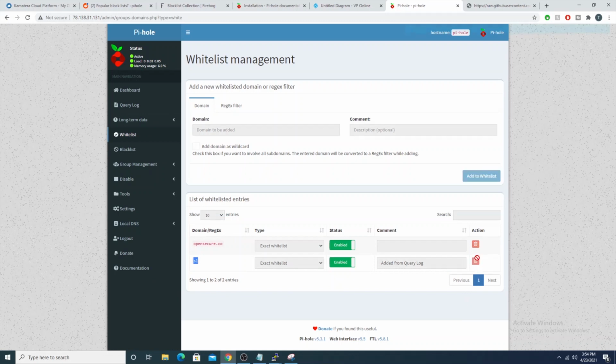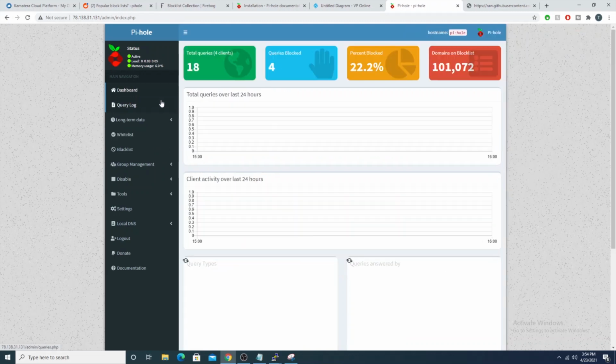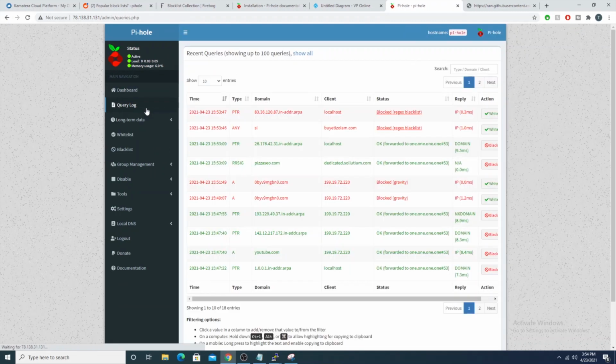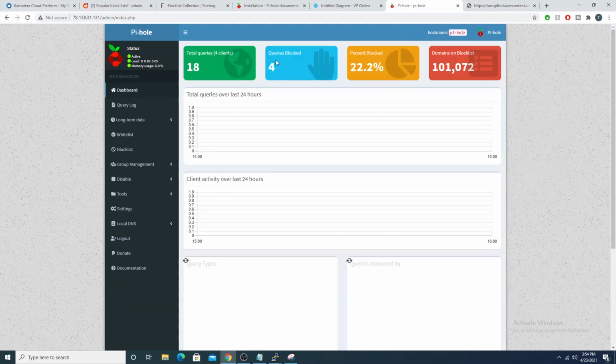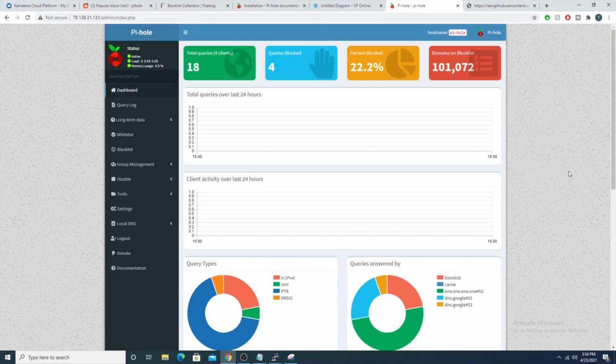And we could remove that if we wanted to as well. So really powerful, right? And it gives us a lot of insight, which is awesome. And it comes with this nice little web UI, so we can have a dashboard and interact with our server accordingly. So I appreciate you guys hanging out with me, and I will see you in the